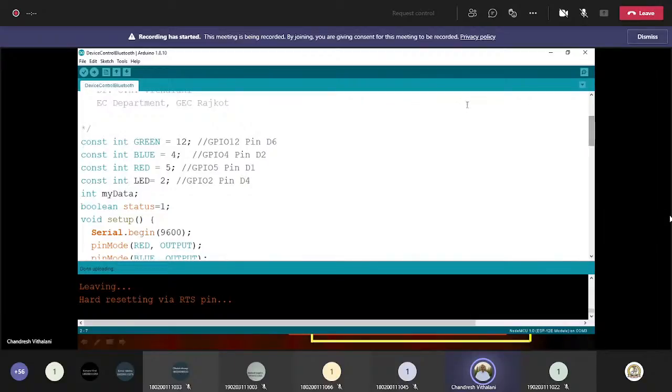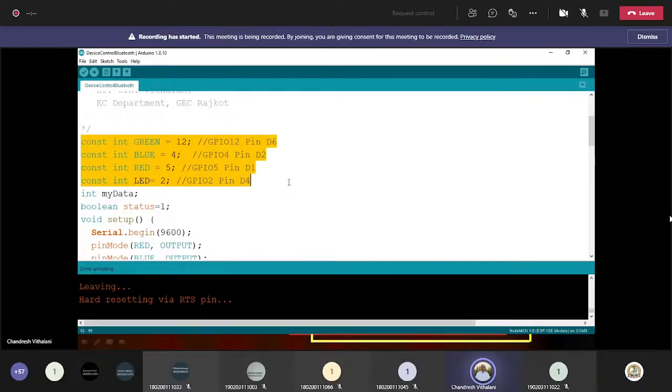application. So just for simplicity, I am using an RGB LED, but you can always connect the electrical devices with the help of a relay, which is an actuator for IoT applications. In the next lecture, I will show you the different types of actuators, in which I will also show you how to interface the actuators with Node MCU.